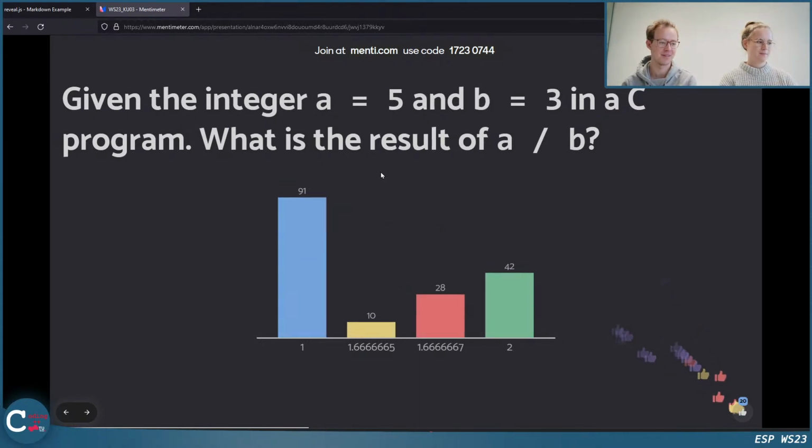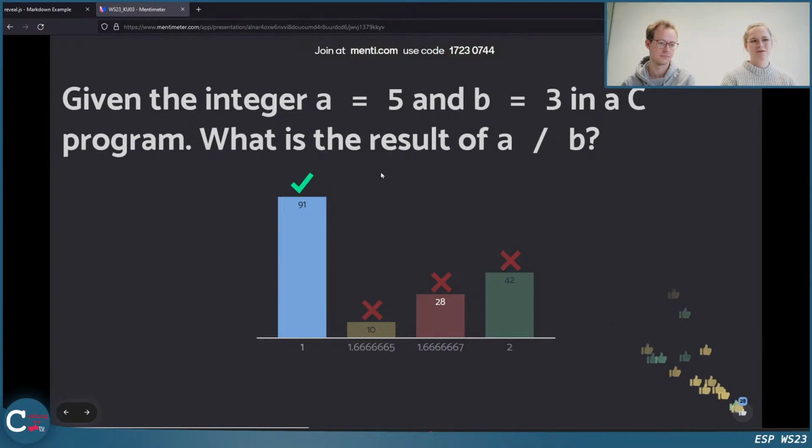And also the last people answered. Yes, it's 1. Even if 1.666 would be the correct answer if we were talking about floating points, because we are talking about integers, the last part is just cut off, and integer division is always rounded down.